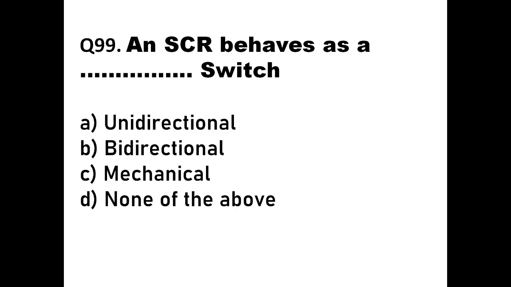Now, if you see the SCR characteristics, they are very strict. You can increase the voltage to some point, and after that, when the second junction breaks down, the voltage across the device decreases and the current starts increasing. So the SCR is on, it is conducting. But it will conduct in only one direction. It will not conduct when you reverse the voltage between anode and cathode. If you make anode negative with respect to cathode, it is not going to conduct. That means it is a one directional switch.